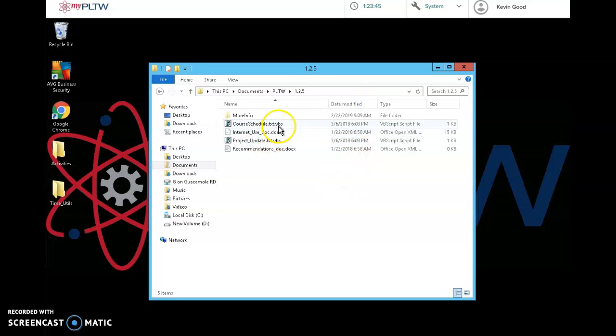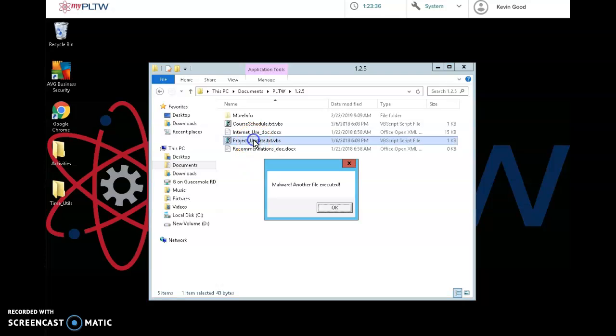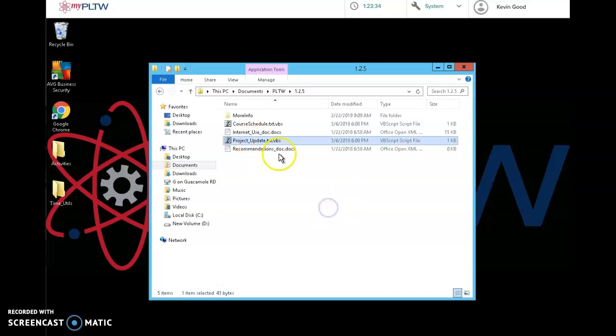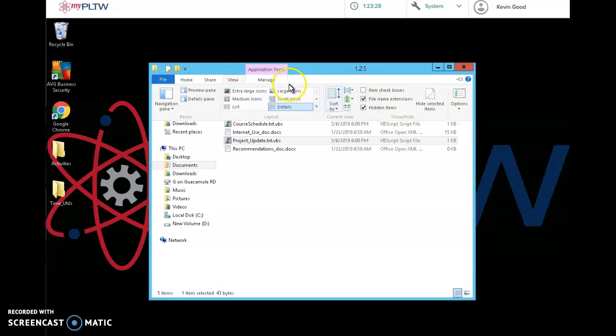Like, see this? You got a VBS, which looked like a text file, but now I know it's not. If I click that, it's probably going to do bad things. But it's a virtual machine, so who cares? Oh no. Anyway, but you always, every time you search, make sure that those two boxes are checked, because you